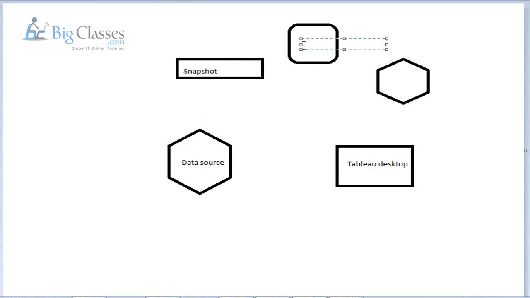And this is the TDE, Tableau Data Engine. And this is .tde. So .tde stands for Tableau data extract, and this is the Tableau Data Engine. So what happens here is, for the first time, Tableau Desktop will be connecting to the